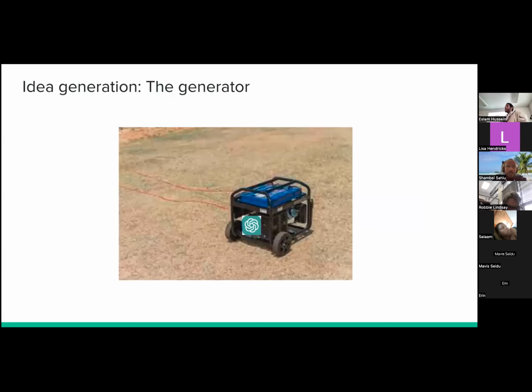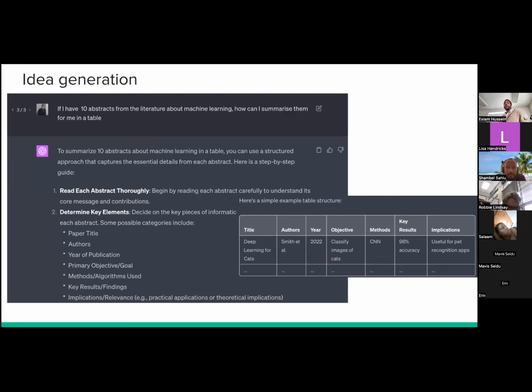It can generate ideas for you. I think this is very interesting because I will show you now. So for instance, I told it that I have 10 abstracts from 10 different papers, and I want to summarize them into a table. You kind of do that if you're a new master's student, you need to summarize your literature review.